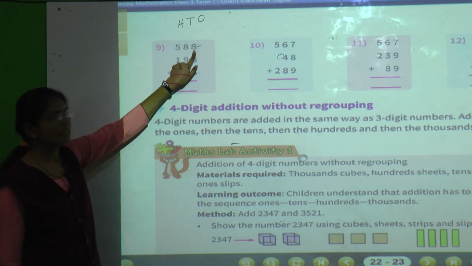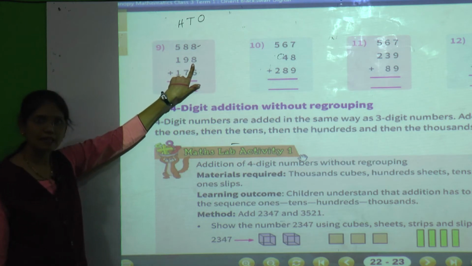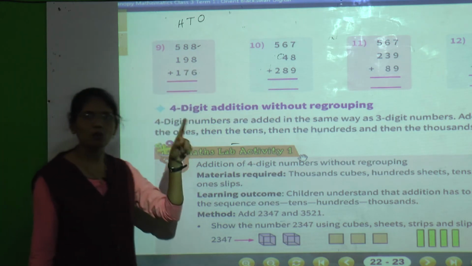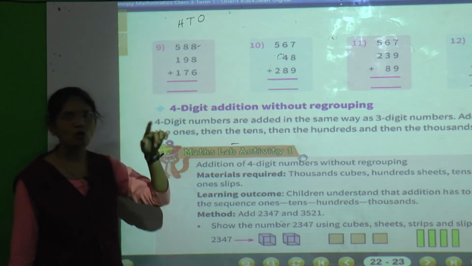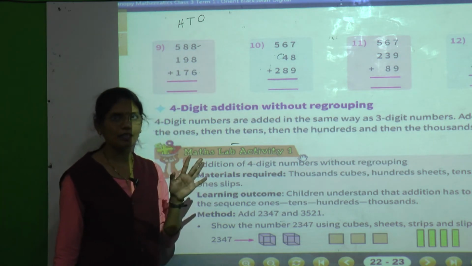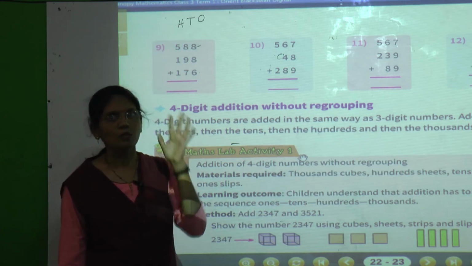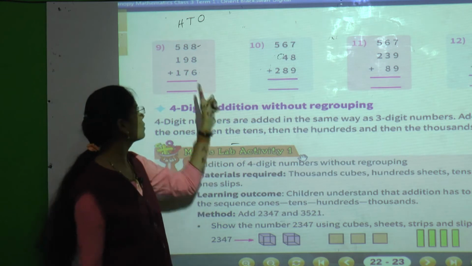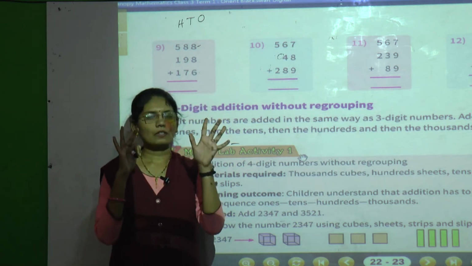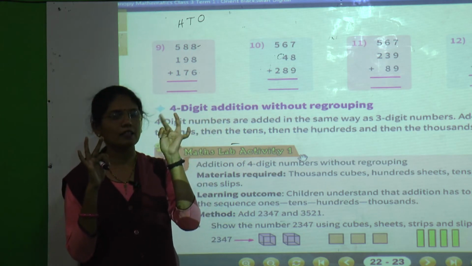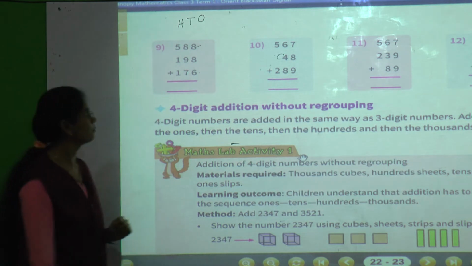So keep this 8 in your mind, and next which number is there? 8. That number you have to show on your finger. Keep 8 in your mind. Show this 8 on your finger. Now after 8, why? Because in our mind also 8 is there. So after 8 again you have to count 8 fingers. Okay, so show your 8 fingers. After 8 count the fingers. 9, 10, 11, 12, 13, 14, 15, 16.